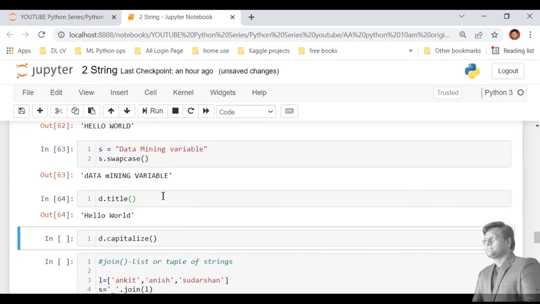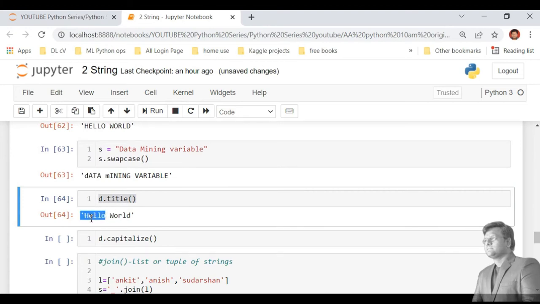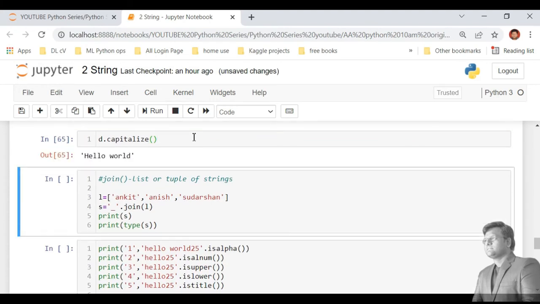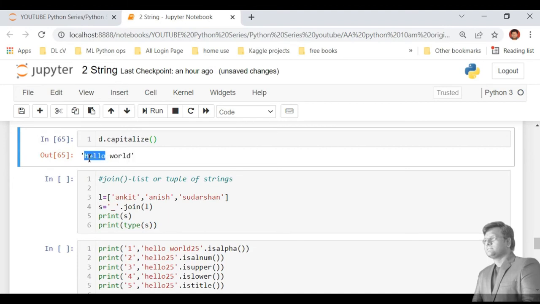Then d.title(). In d.title() we get "Hello World". As we mentioned in title, the first letter is capital, so here "hello" first letter became capital. In "world", first letter becomes capital. d.capitalize(). See, it capitalized the first letter of the string only. In d.title(), every word's first letter is capitalized, but in capitalize, only the first word of the complete string is capitalized. Okay,